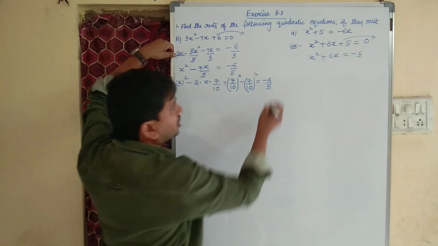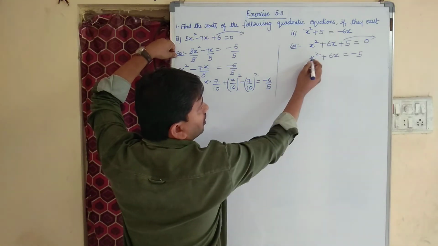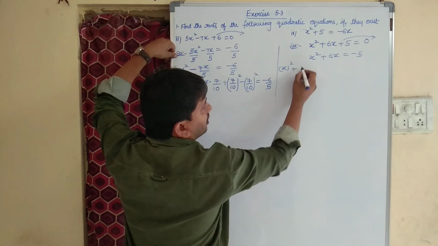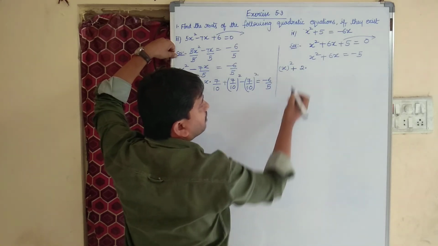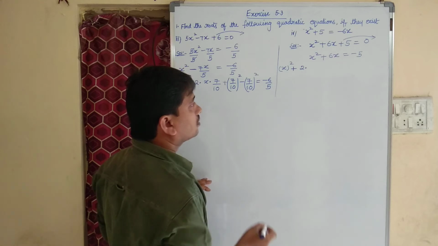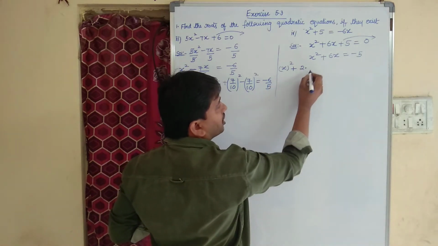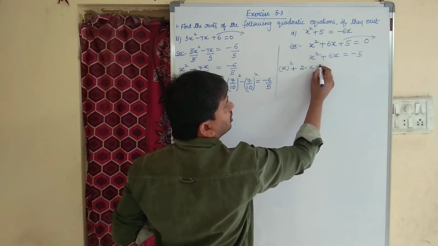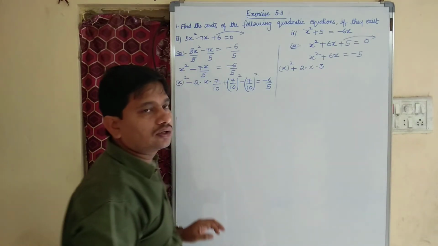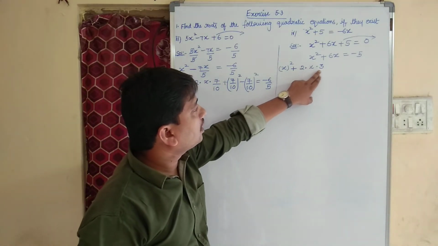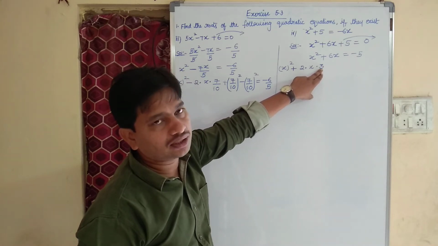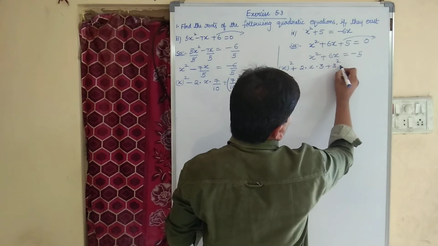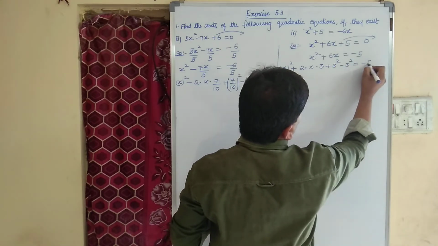Now coming to this question, x square I can write as x whole square plus 2ab. I should write compulsory 2 as the value of a is x. 2 how much is 6, children? 2 3 is 6, right? So now this is 2ab as the value of b is 3 here. Now I have to add 3 square once. At the same time I should subtract 3 square equal to minus 5.